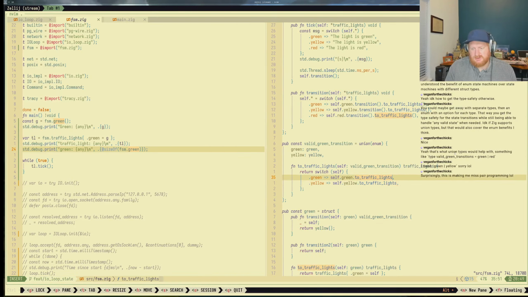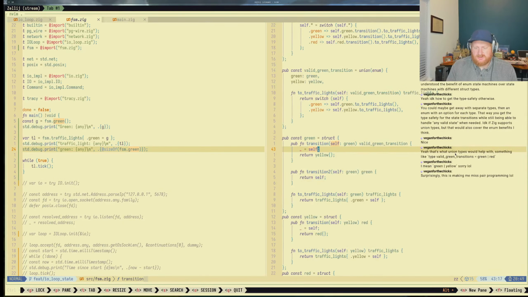Like that. And then in theory, this green dot transition, there's that. So now we need to return, say,